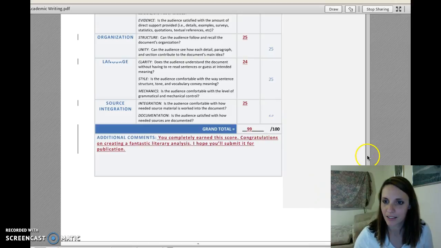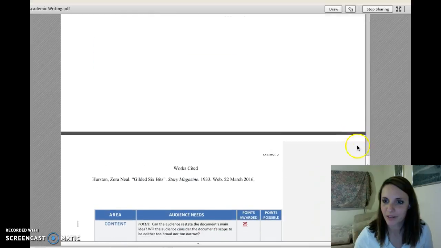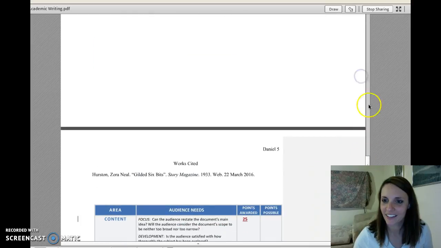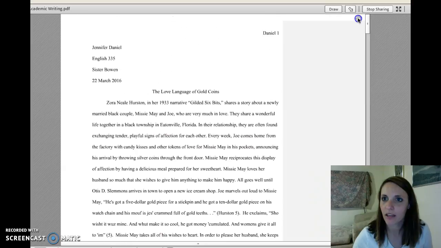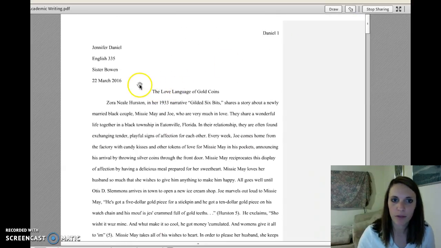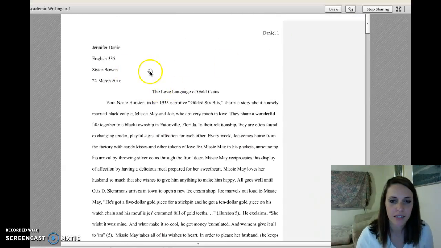And I don't know if it'll let me scroll up. There we go. Okay. Let me scroll. Okay. Her essay's in great MLA format, as you can see, but I just want you to look at the structure, the organizational structure. Okay, she hooks the reader by introducing the author, the year, the title of the piece, and the main point,